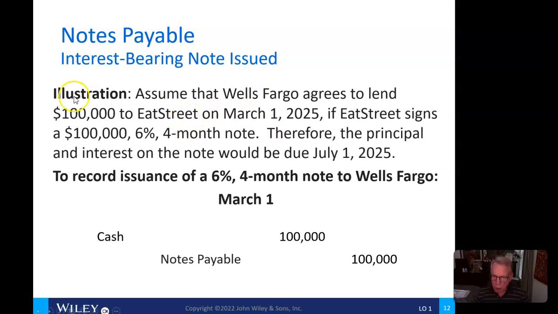On March 1, we're going to record the issuance of this note. We'll debit cash because we are getting the cash for $100,000, but we're agreeing to the terms of the note in this case. And that is going to be a liability, which we show on the balance sheet as a